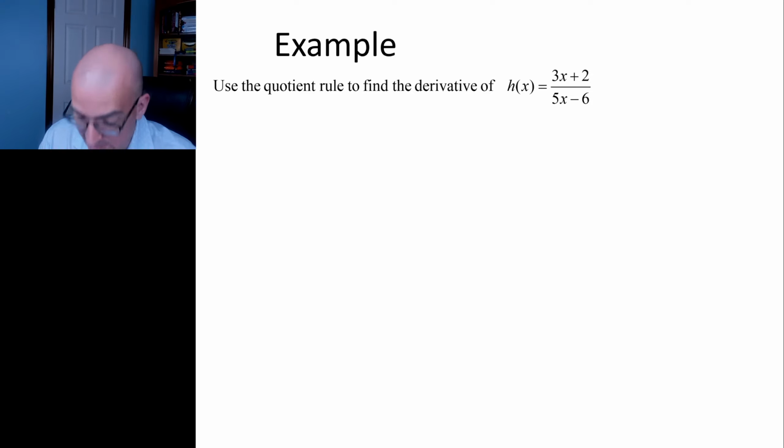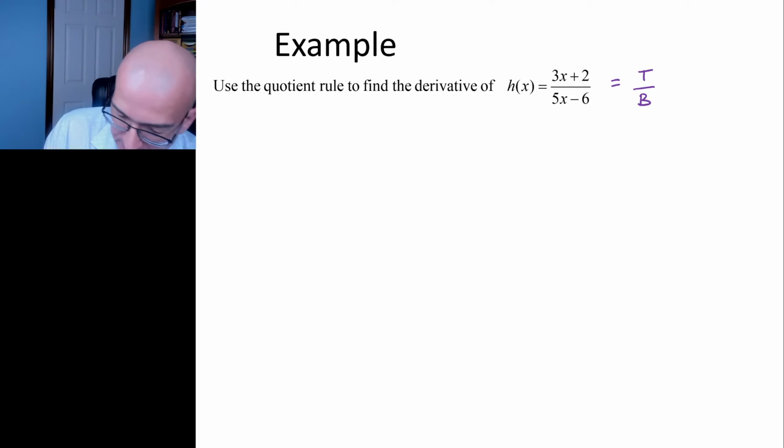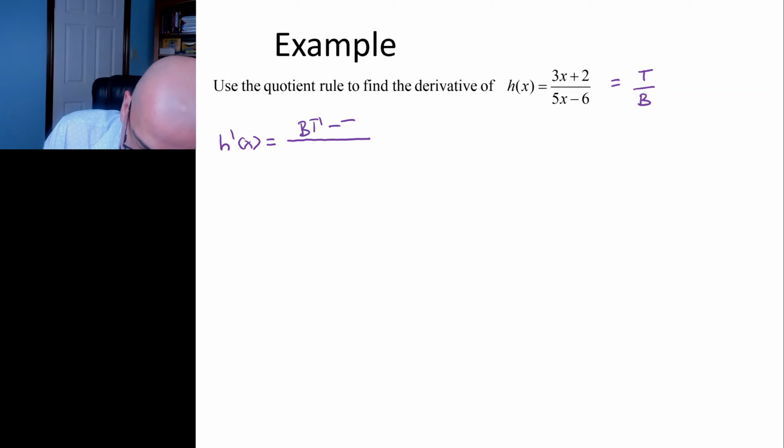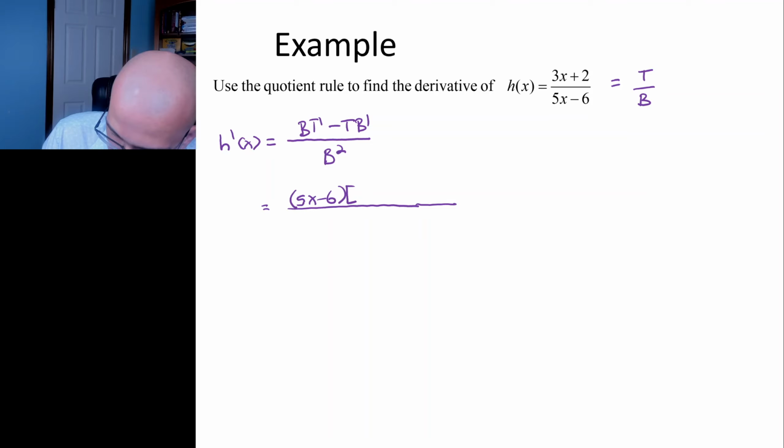This one is linear terms, top and bottom, and we can't split this one up either. So this is a top function over a bottom function. H prime of x is bt prime minus tb prime all over b squared. Okay, so the bottom function is 5x minus 6. And then we have the derivative of the top. Derivative of the top is 3 plus 0